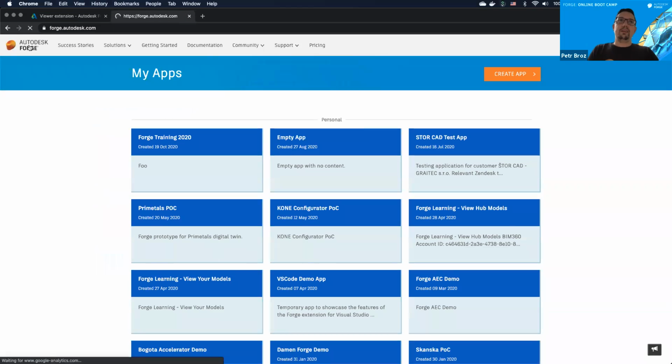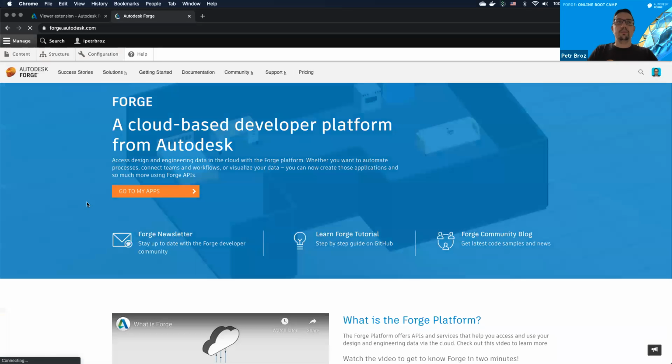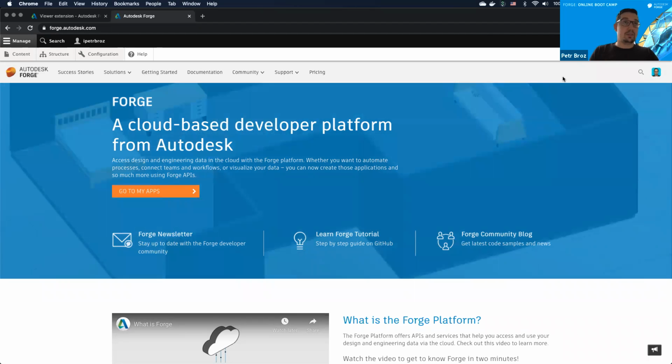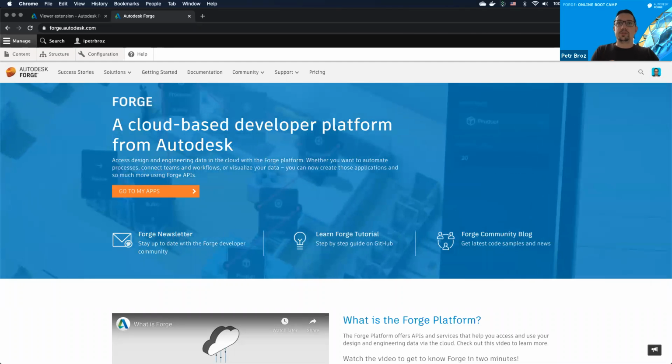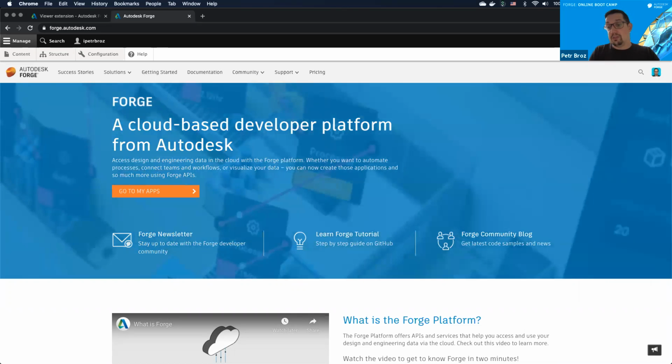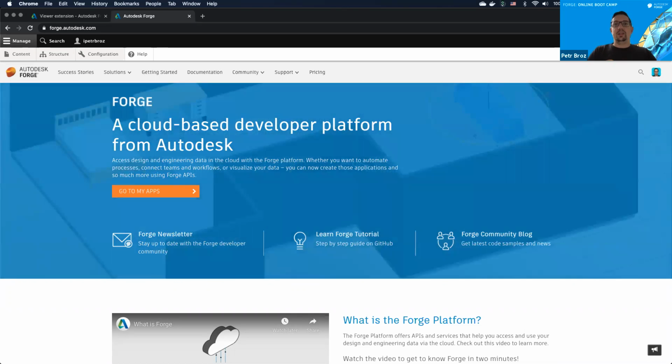And again, very quickly, for those of you who may be here for the first time, what you'll want to do if you don't have a Forge account is simply go to our portal, forge.autodesk.com. And here, if you're not logged in, you will see 2 buttons, sign in or sign up. If you don't have a Forge account yet, just hit the sign up button. It's free. And then you will see a button to start a trial subscription if you don't have one already. And what that will do is start a new Forge subscription for you